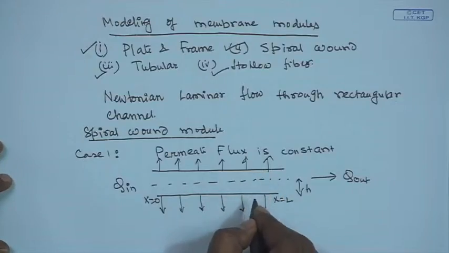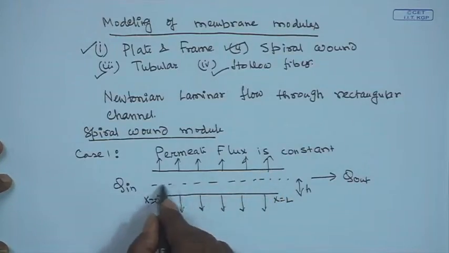As we have also discussed earlier, the velocity of the retentate in the flow channel will be in the order of meter per second, and the permeate velocity will be in the order of 10 to the power -5 to 10 to the power -6 meter per second. So, there is at least 5 or 6 orders of magnitude difference between the permeate flux and the retentate flow rate. Therefore, we will be assuming the laminar profile, that is the parabolic velocity profile existing inside the channel, will remain undistorted by the permeation at the wall, because it will be at least 5 to 6 orders of magnitude less than the bulk flow. If we do that,